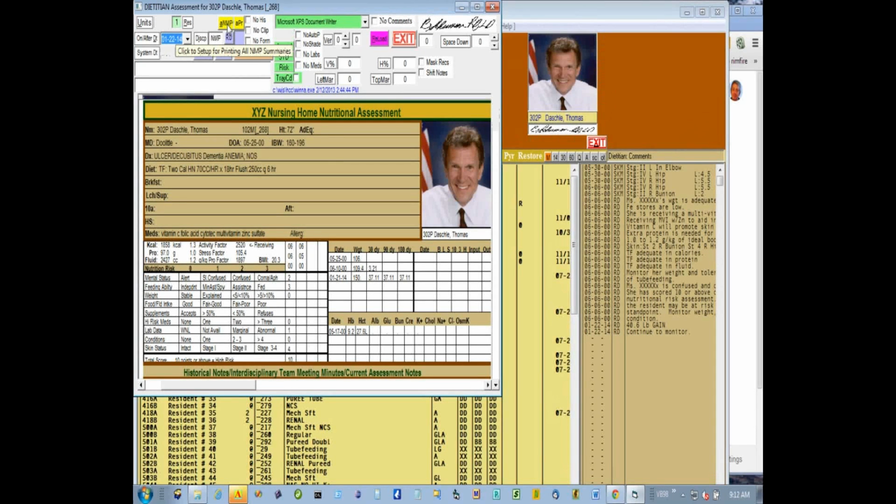I click that, and what that does is set this program up for printing all of the nutrition management summaries for everybody on weekly weights only. You'll notice that it has units 1 to 2 now, and it has residents 1 to 99, and discipline is NMP. So anybody that has an NMP comment in their comment file will print out, and then you